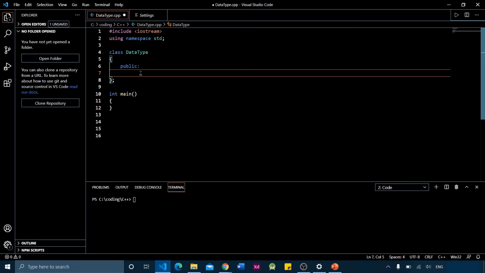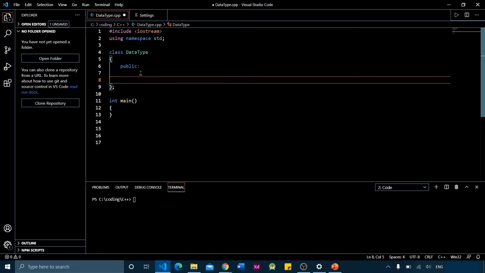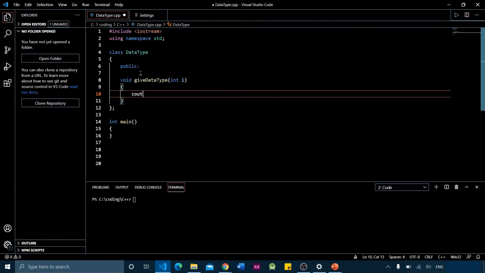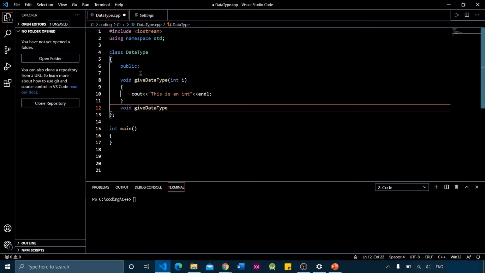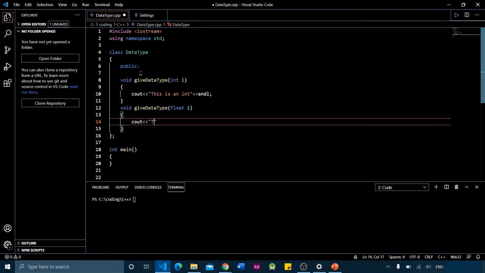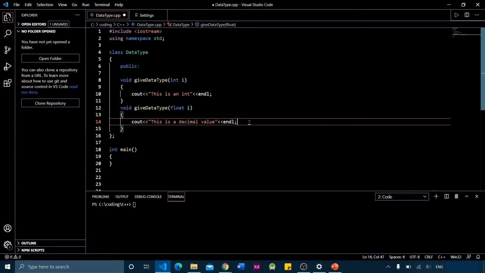I have typed public here, the importance of which we'll be learning further in the video. Here I have created two functions with the same name.